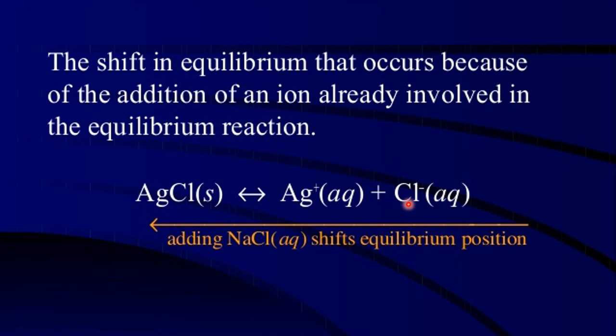So what happens when you increase the concentration of a reactant or product when the reaction is in equilibrium? It will shift in such a direction where it will be consumed. That means by adding sodium chloride, because of increasing the concentration of the chloride ions on the RHS, the equilibrium will shift towards the left side. So these chloride ions will consume Ag+ ion and form AgCl. Okay, right. Please see this equation.